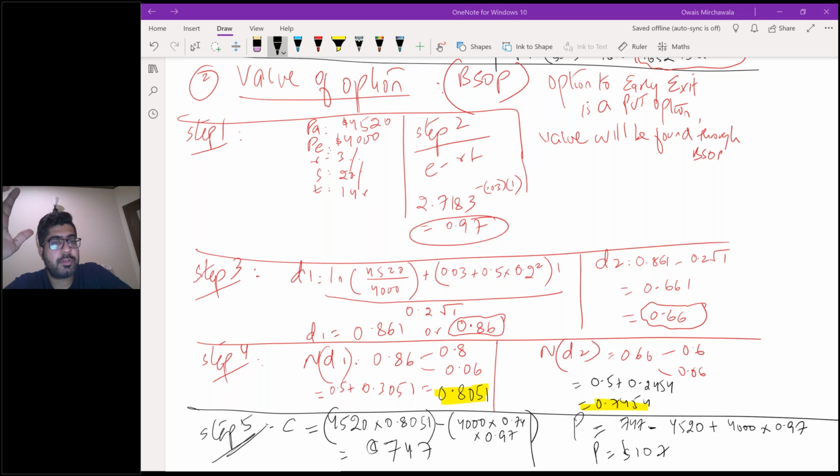Timothy, if the option to early exit is valid, if it is giving you the option to buy the project at year 4, that means this option is valid for 4 years, so T will be 4. Assumptions of VSOP are in the Alaska Salvage handout shared today. Nizam, you don't need to copy that, it's in the handout. And the example, I will share the screenshot on the WhatsApp group, don't worry.